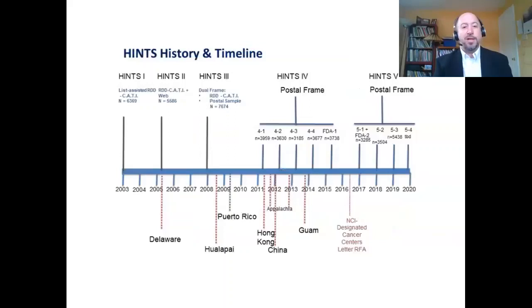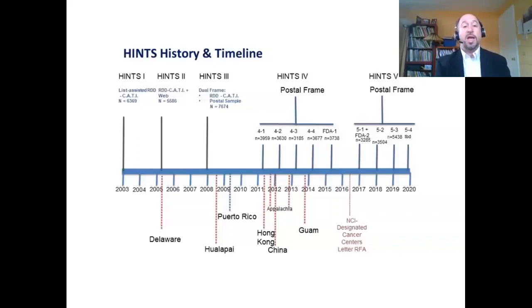I'm going to give a little HINTS history and timeline here to fill you in, and hopefully this isn't too hard to read. Across the top, you can see all the different HINTS iterations from HINTS 1 up to HINTS 5. These are surveys that were directly sponsored by the National Cancer Institute. Going from left to right, we can see the timeline in the middle. HINTS 1, 2, and 3 were done biannually, basically every 2 years. And just to give you a little methodological information, the first HINTS surveys were done over the telephone using random digit dialing.